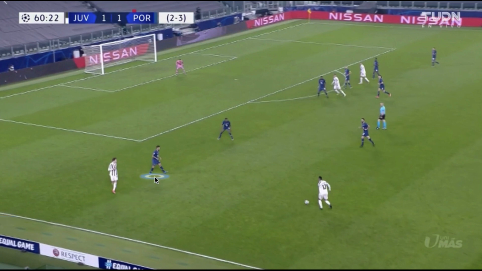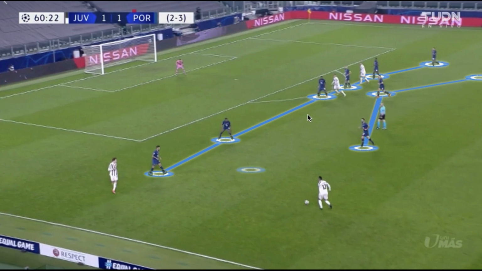So we see again Porto's low block committing as many players to their line of defense as needed, and not as many players in their midfield line, but we can see here how Juventus commit Alvaro Morata and Cristiano Ronaldo into the box for the cross, and Porto go with three players to then mark either side of these players,